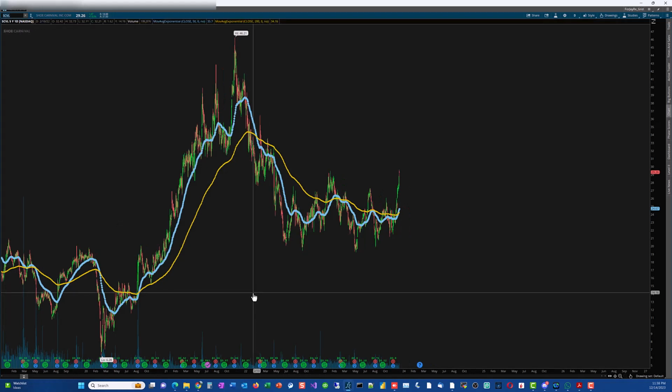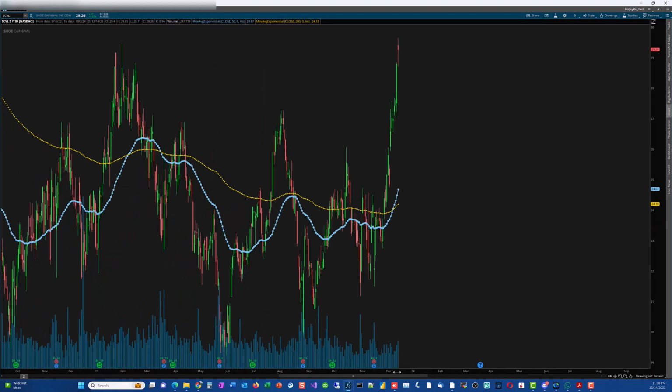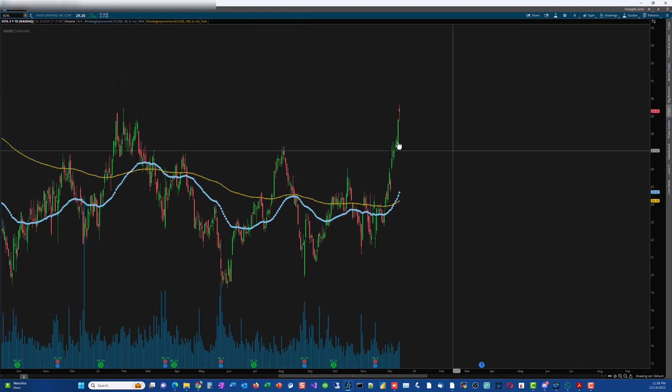Is this thing? Shoe Carnival. Okay, Shoe Carnival. Fine. Again, when you zoom in on this, you see the cross just happened, right? And like I was saying before, when this cross happened, there were big green candles, and now people are taking profit. You're going to see the red candle come down, and when that happens, you try to look for